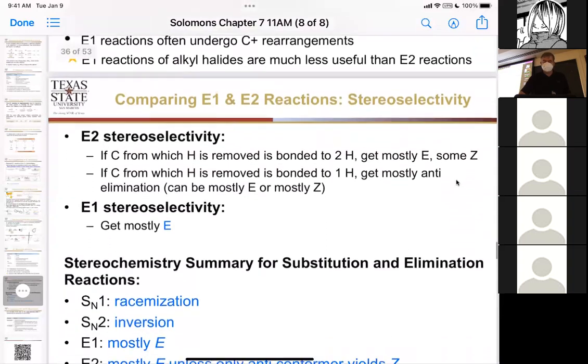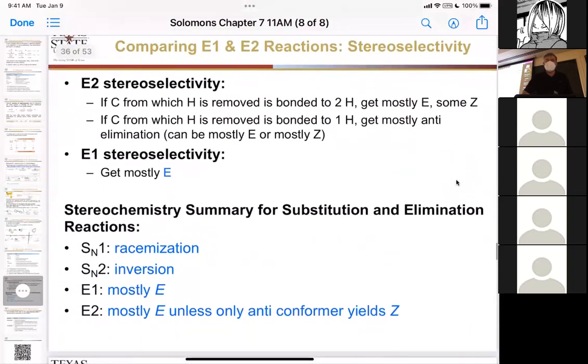Okay, so in an E2 reaction the stereoselectivity comes from which hydrogen you remove, right? On the beta carbon, okay? And that hydrogen has to be in a position where it's anti to the leaving group. So that gives rise to mostly E, because that'll put your groups in the anti position while your hydrogen and your bromine are in the anti position. But it does give some Z, okay? It's not 100% foolproof. It'll react slower, but sometimes it's going to be in gauche and you will get the